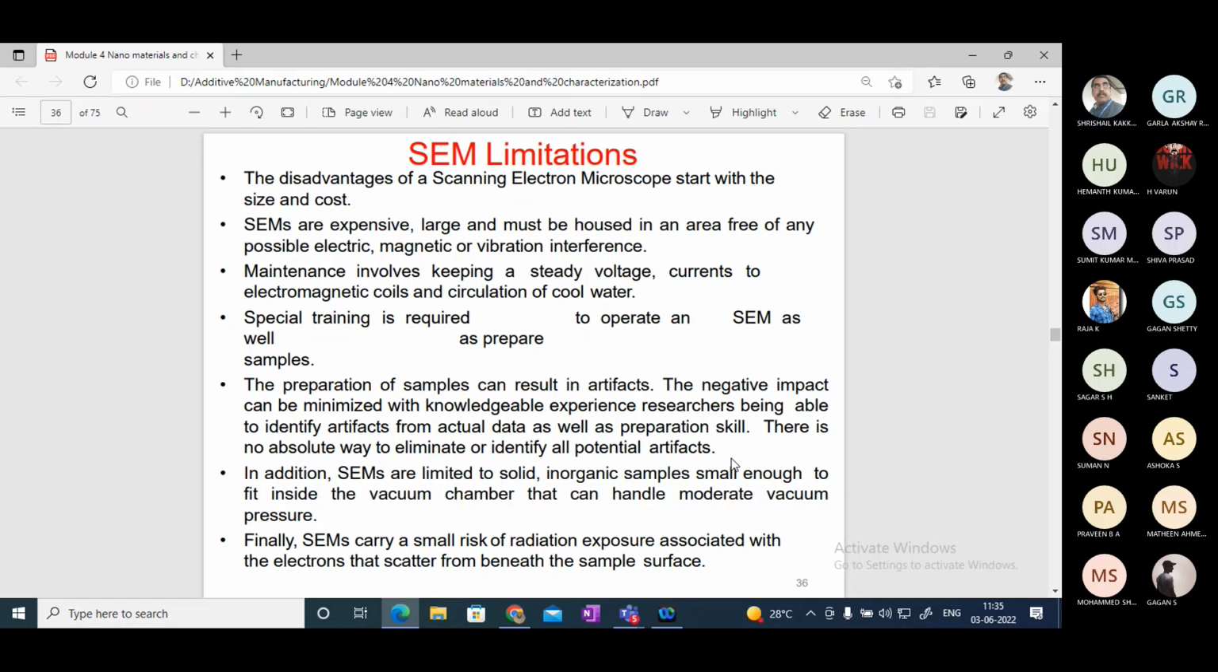And to operate the scanning electron microscope, one has to undergo training. A trained person can undergo the series of information about the newer technology which is existing. They have to cope up with this, and they have to